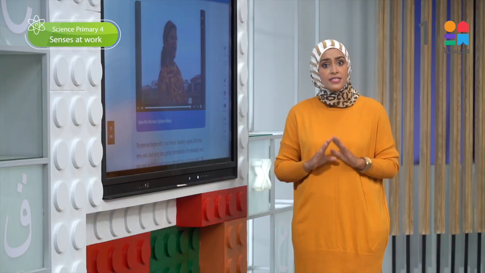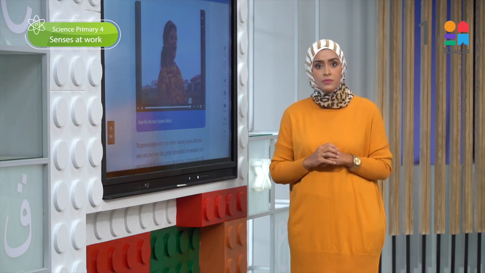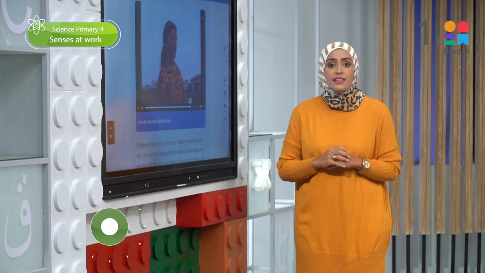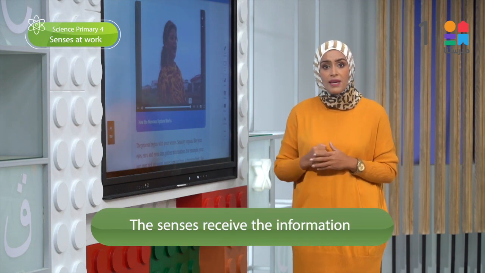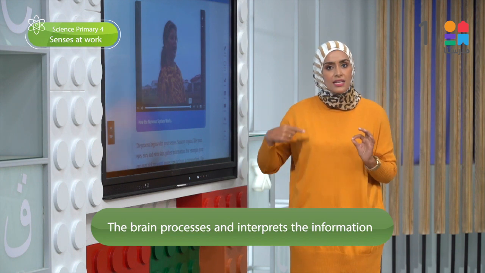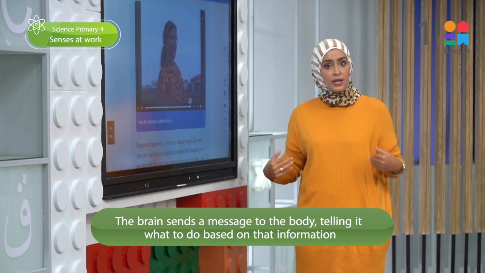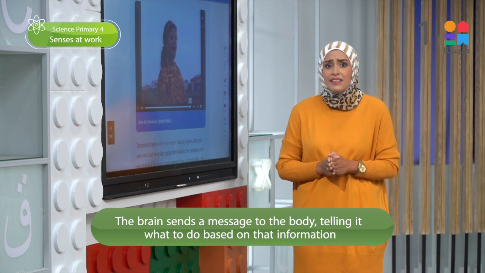Have you observed what happened with Sarah? I got now how each part of our nervous system has its own function. However, it cannot work alone. All the parts of the nervous system must work together to make their own functions. So, the different senses receive the information, then the brain interprets it. Interpret means process information. And then it sends messages to the body organs so they can respond, telling them exactly